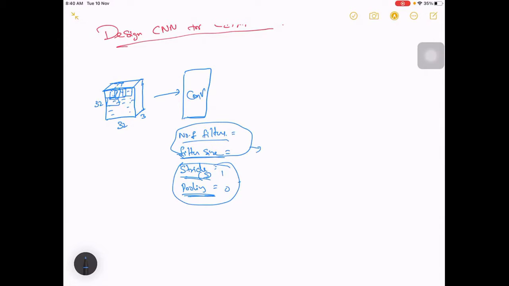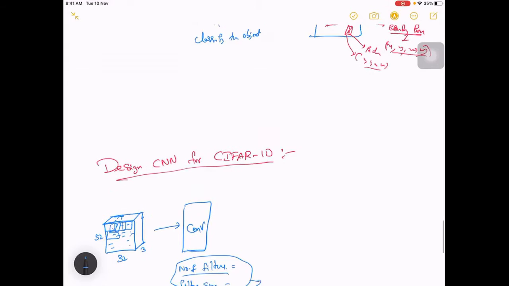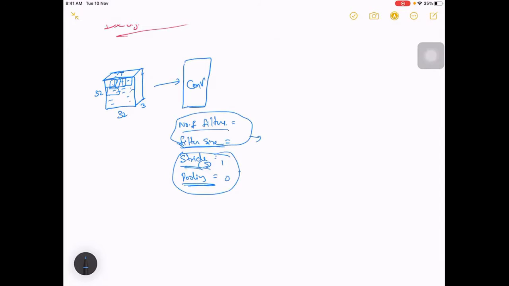Usually what people do is take filter size 3 by 3 in most cases. You can also take 5 by 5 or 7 by 7. If you take a larger filter size, it will skip many and consolidate many points at a time, so the scope will be bigger, but your output dimension will be a little smaller.